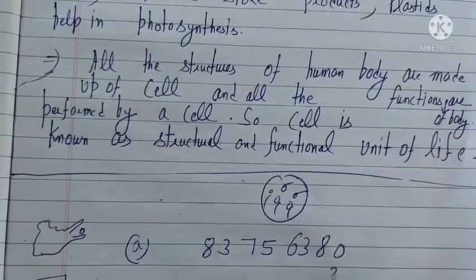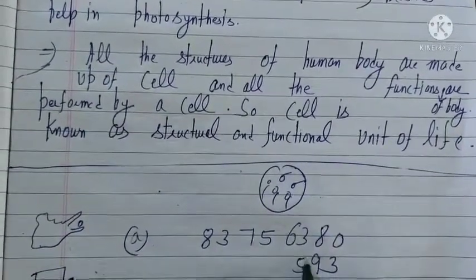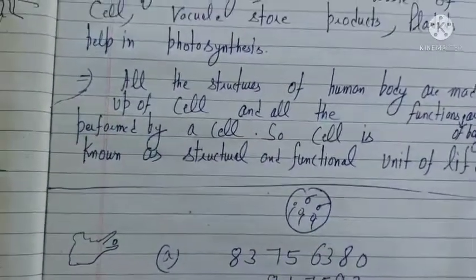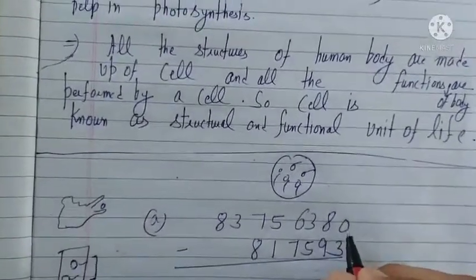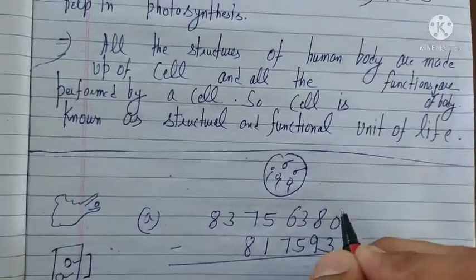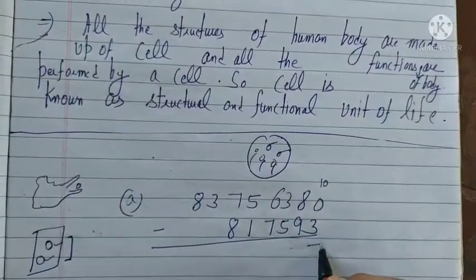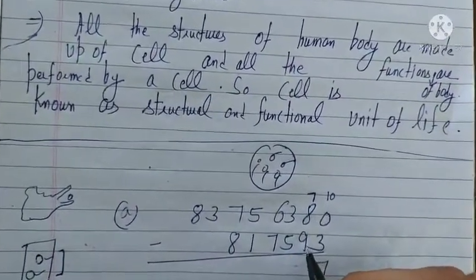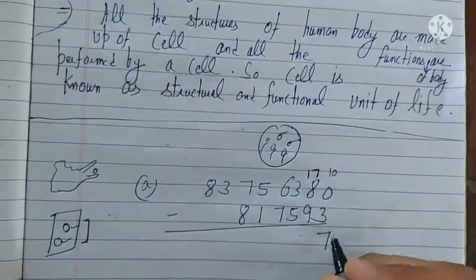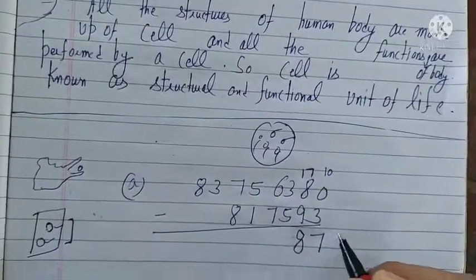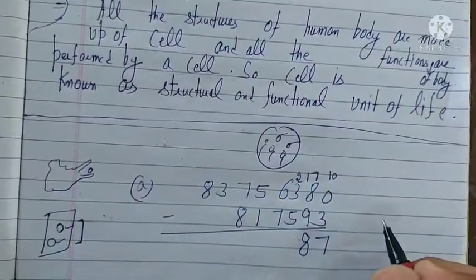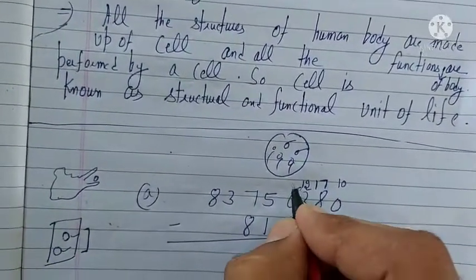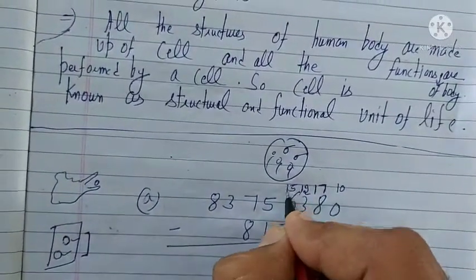6380 and here 3 9 5 7 1 8. Okay, so do the subtraction. Here it's 0, so you have to take a carry. It would be 10 and it would be 7, and here 7 remains, and now 7 is not subtractable from 9, you have to take a carry, so it would be 8, and here it remains 2, and in the same way you have to take a carry. 7, here it would be 5, and here it would be 15,